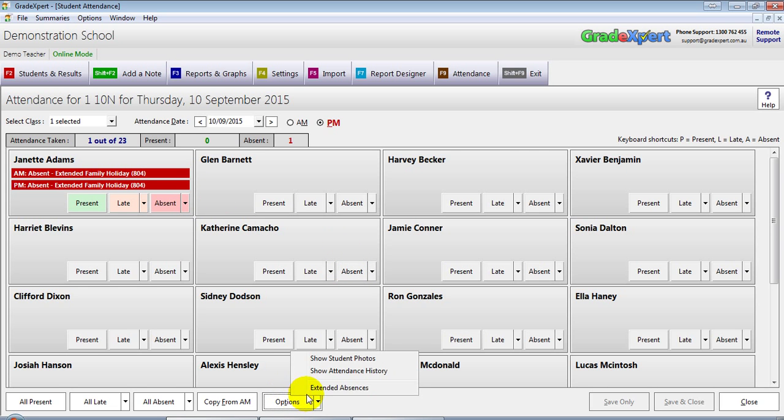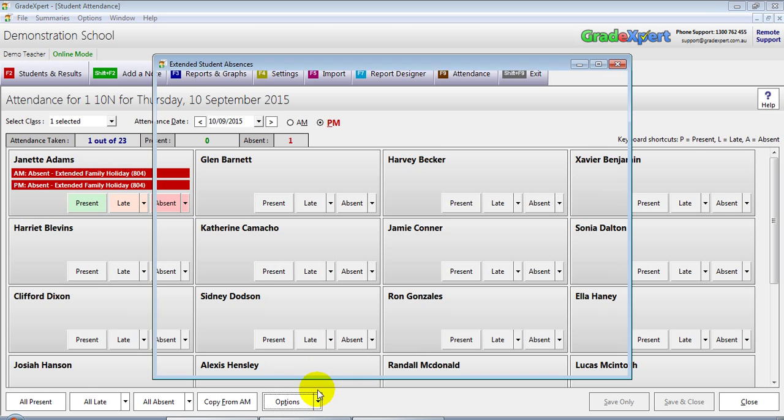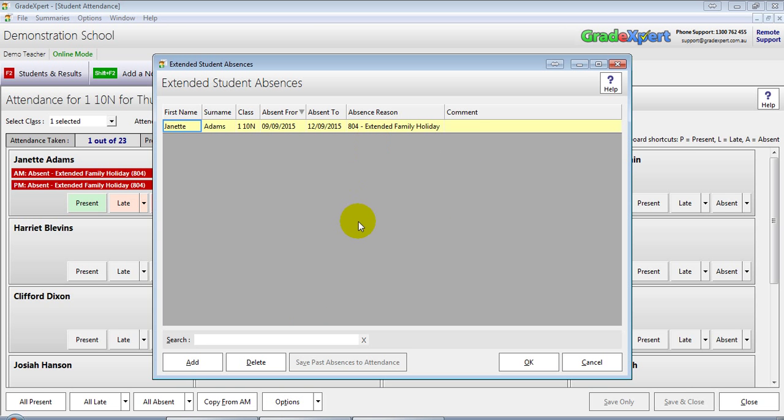So that's under the Options button. You click Extended Absences, and you can have a number of students marked for extended absences at any time throughout the year. You could also make these